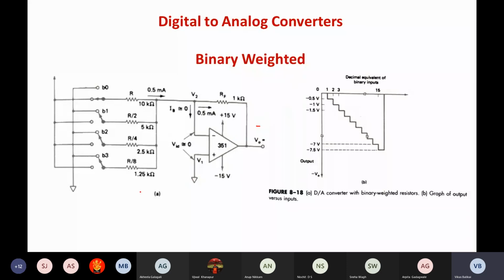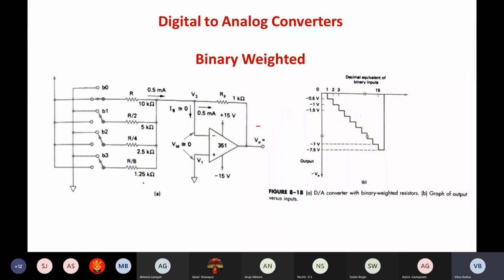And if I connect all the inputs to positive, it will be 1 plus RF by R1 multiplied by input. As you can see, it is almost looking like a summing circuit. But the difference here is there are a lot of switches involved, which is going to consider any one particular digital value at a point of time, or it may consider all the inputs also. Fine. Now,